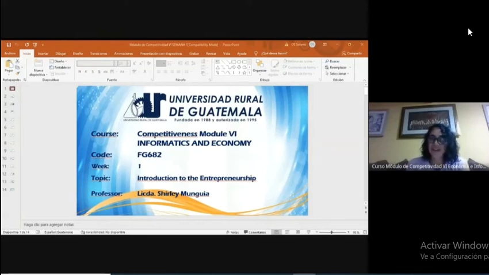This is the competitiveness model number 6. The name of this model is Informatics and Economy. In this course, we're going to learn a lot of very important topics. We're going to learn about entrepreneurship, how to build your own company. Also, we're going to learn about the impact of all the companies that we have here in Guatemala nowadays and